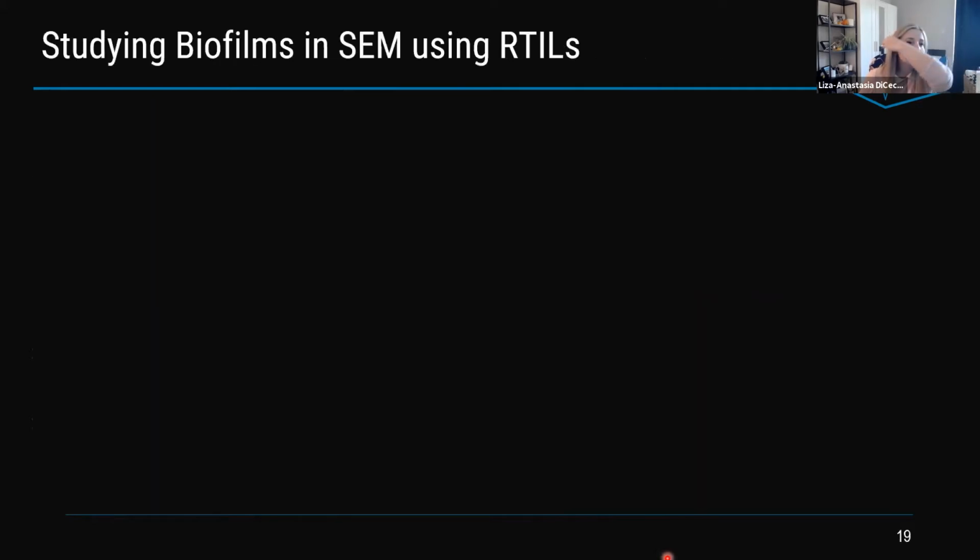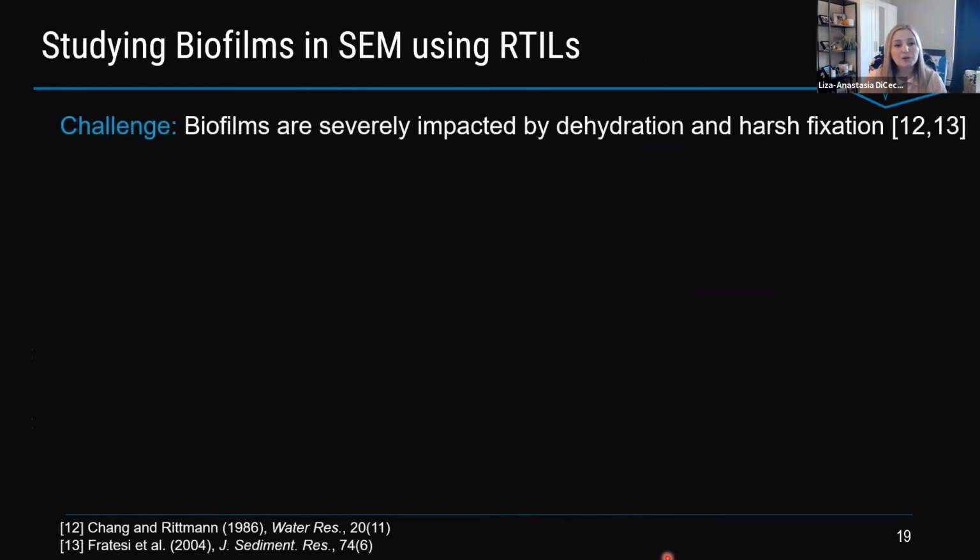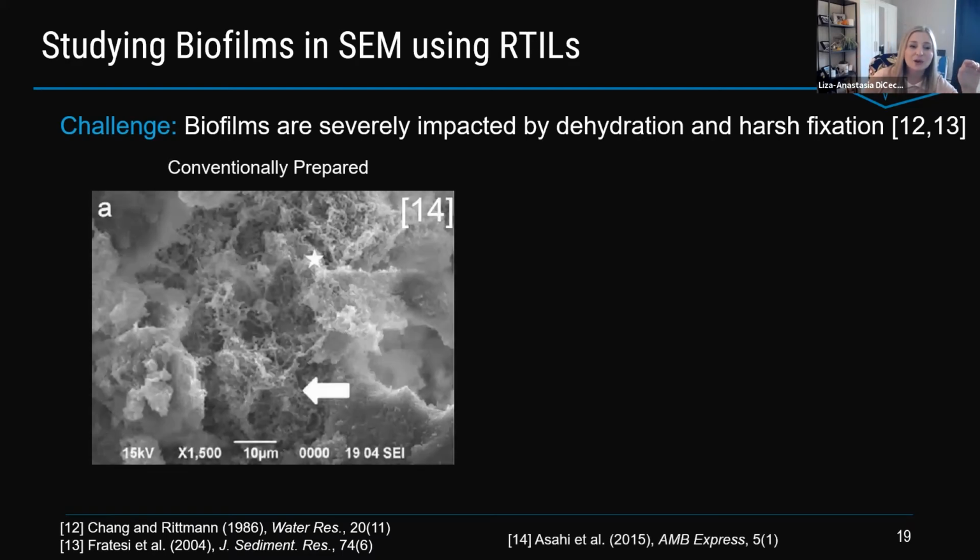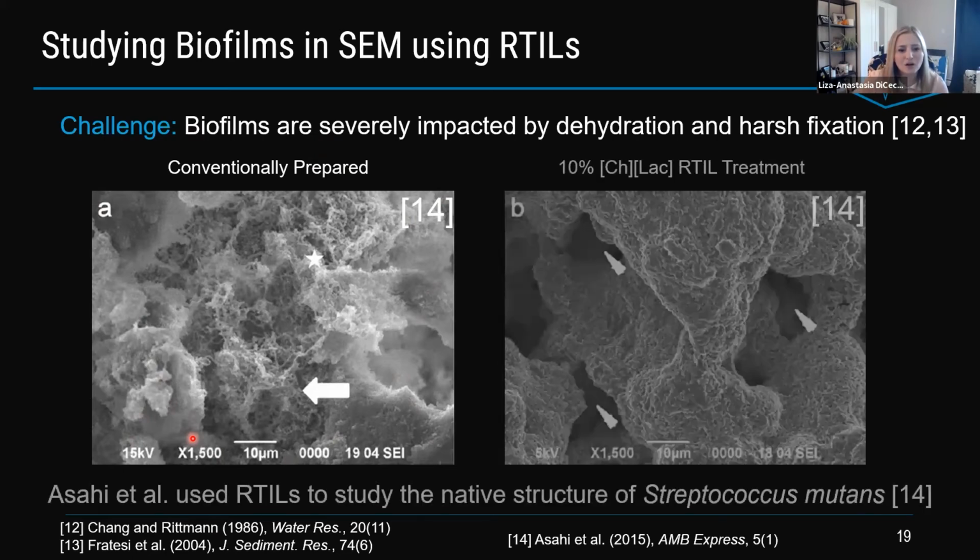We've also used these to look at biofilms. Biofilms are really impacted by dehydration and harsh fixation methods. They're very gelatinous, so we can go back to our Jello analogy, and it's really like you're looking at two different structures when it's hydrated versus dehydrated. In conventionally prepared biofilms you see in normal papers, they often have this fibrous biofilm, and it looks a little exploded almost, whereas Asahi et al. in this work,